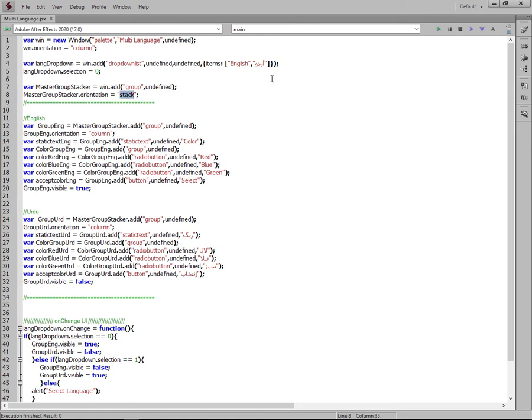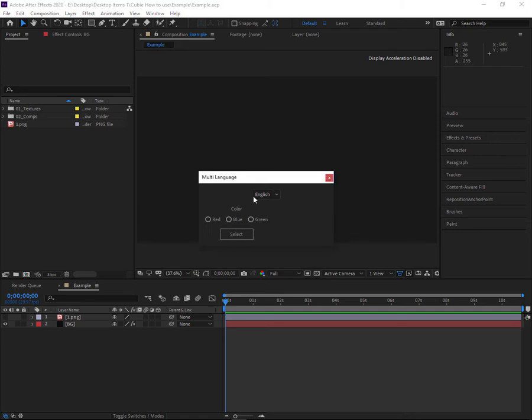But if I change it to row and run this and go to my After Effects, as you can see here we have this English, but this is not showing this space because this is for the other language. If I switch this one, English will be hidden and this Urdu will be shown,